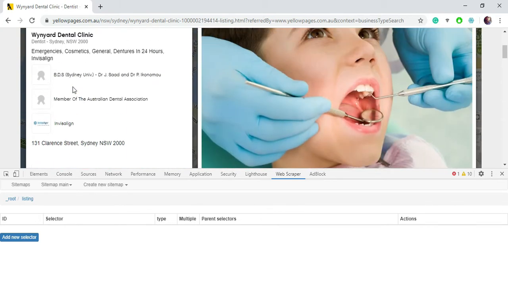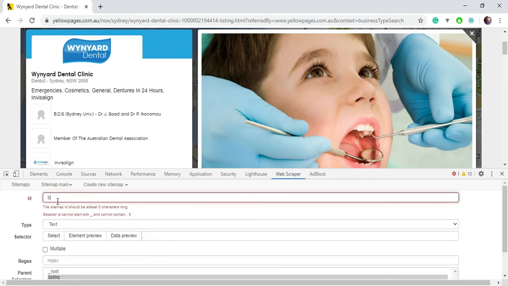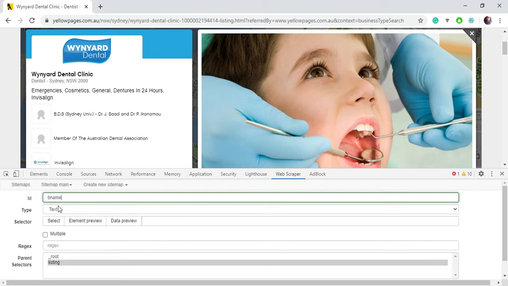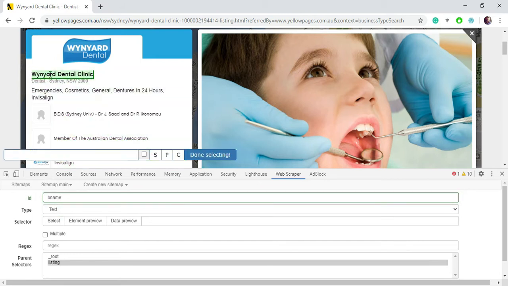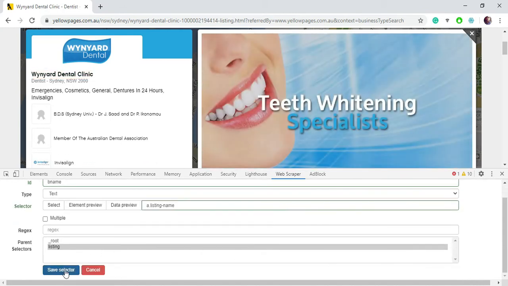I need a business name, so I'll name it B name. I need it in text format, so I'll select the business name, click done selecting, and save this selector.